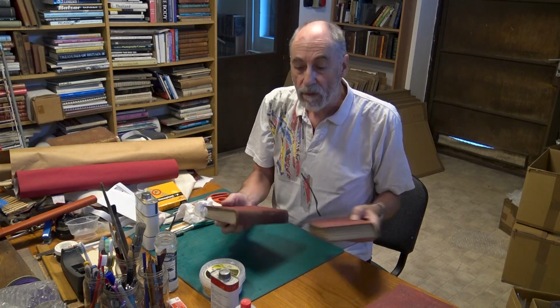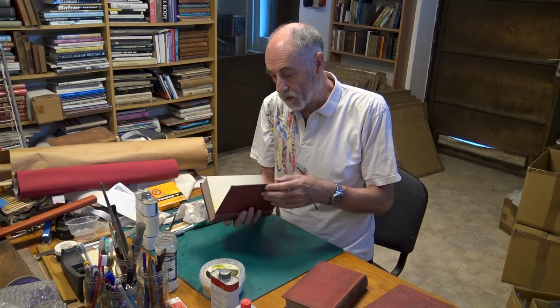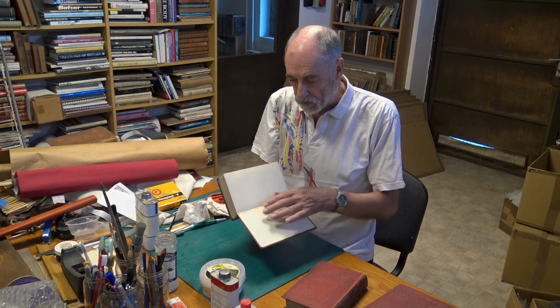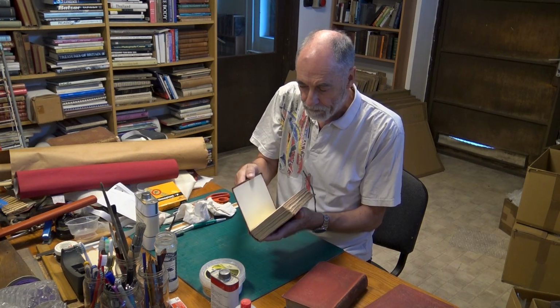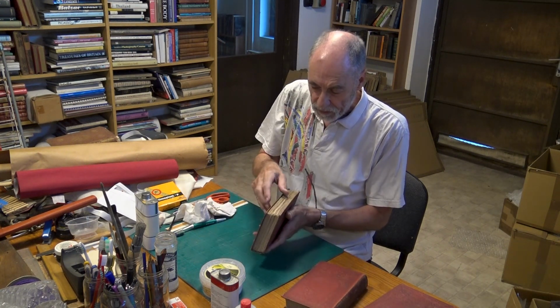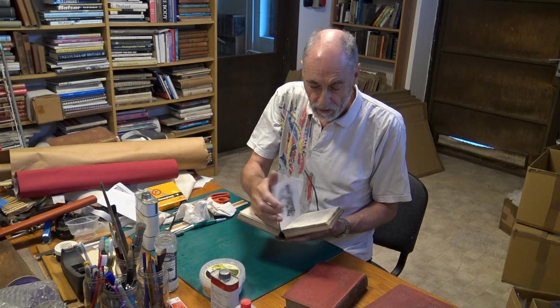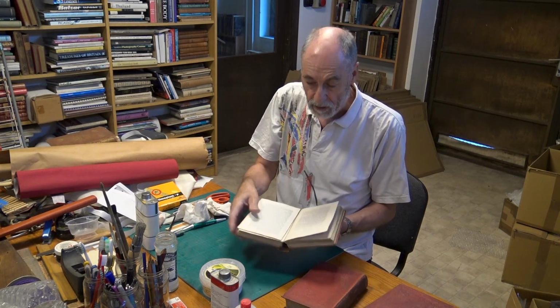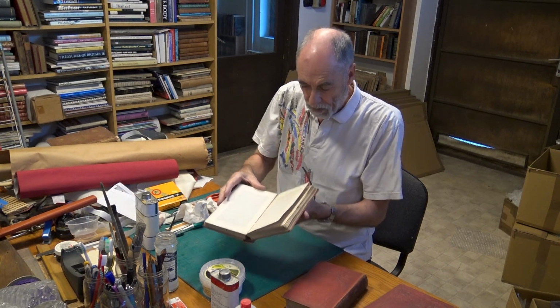And as there's not a great deal to do, I'll almost do this in real time and tell you a bit about the novel as we're going through. So I've just got to tidy up the splits to the end papers. Got to re-glue a few sections that are loose. You can see there are sections hanging out, but actually